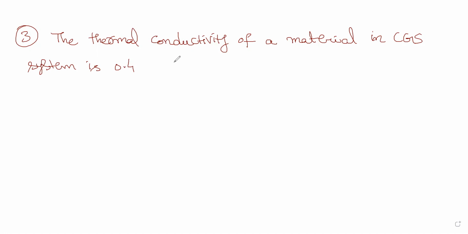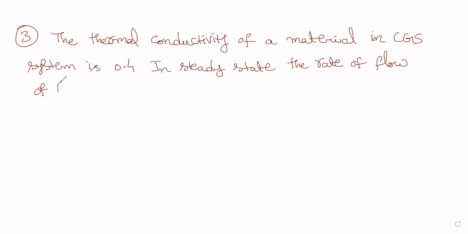In steady state, the rate of flow of heat is 10 calorie second inverse centimeter power minus 2. Okay. The thermal gradient is